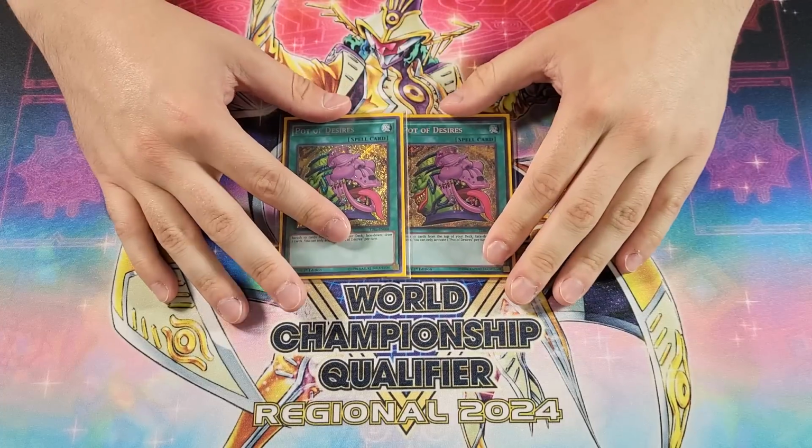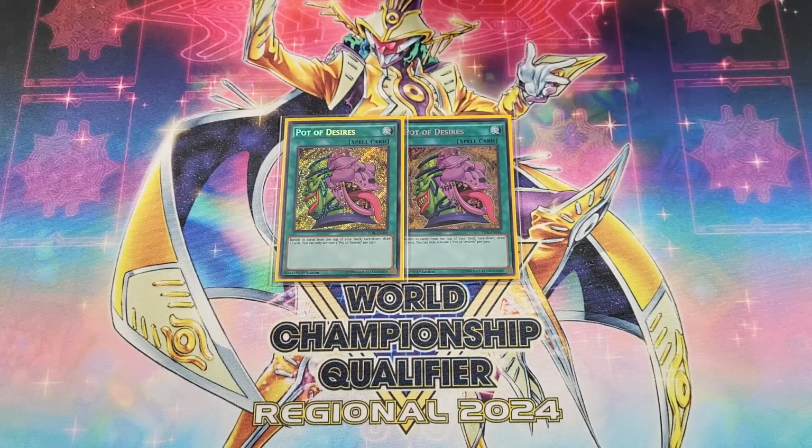This card is really strong because it's Pot of Desires. When you activate this card and resolve it, it's so powerful. There are some things with it that are tough. Like I just said, we're kind of in a Droll format where Droll is extremely popular, and Desires can be